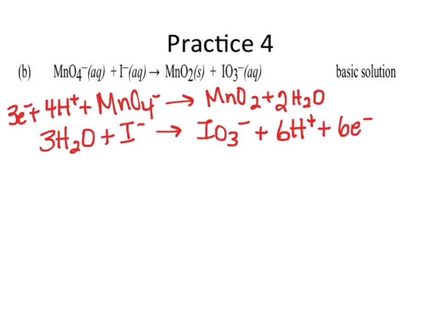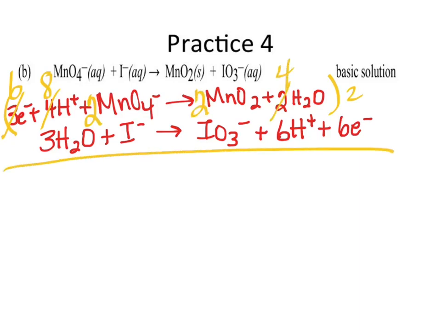I have 3 electrons and 6 electrons. So I need to do what? So we're multiplying the top one by 2. So this turns to 6, this turns to 8, this is a 2, this is a 2, and this is a 4. And now you go and clean it up. So my electrons go away. I have 8 hydrogens, but I have 6 on the other side, so that gives me 2 H pluses